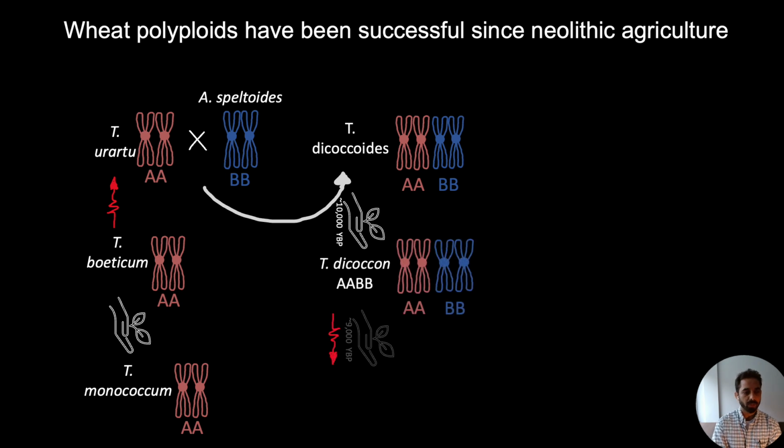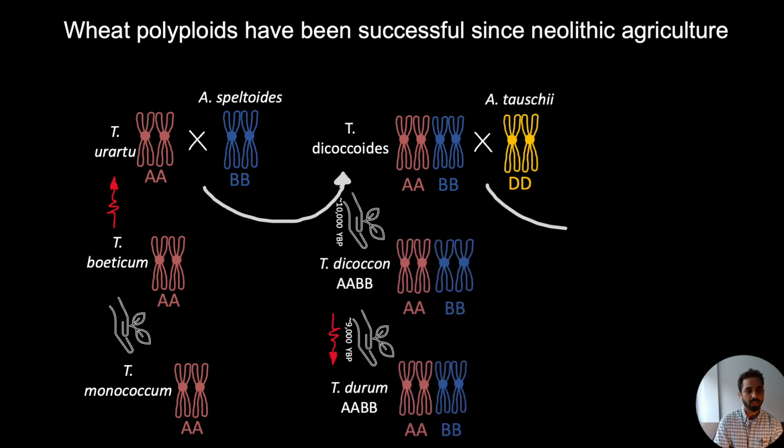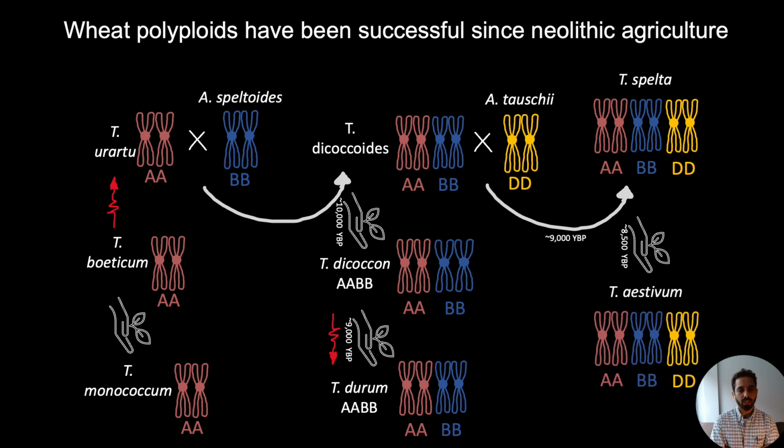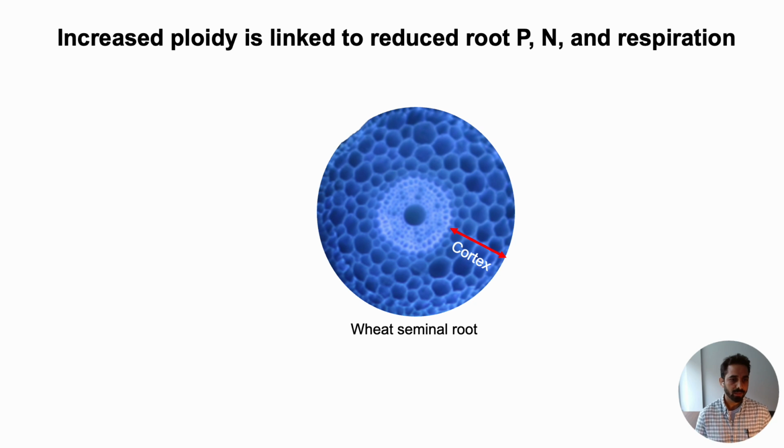a domestication series of wheat where we have diploids giving rise to tetraploids, and tetraploids getting crossed with another diploid giving rise to hexaploids. And in each of those, whether diploid, tetraploid, or hexaploid, we have examples of wild as well as cultivated. So it's a really interesting series for testing some of the questions that we were asking. And what we looked at is seminal roots, because they are easy to sample, and we can do a lot of genotypes